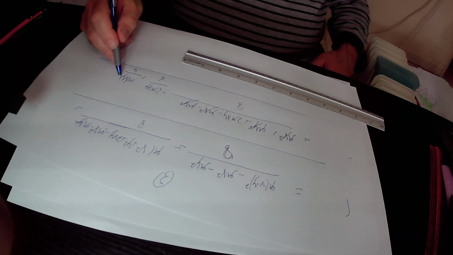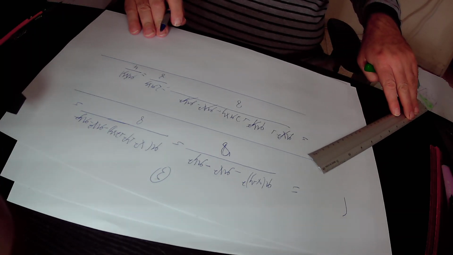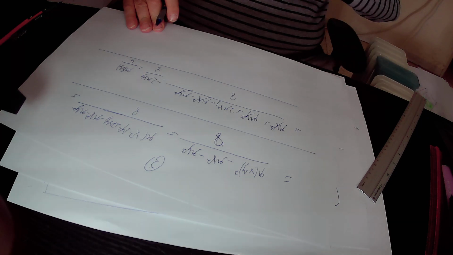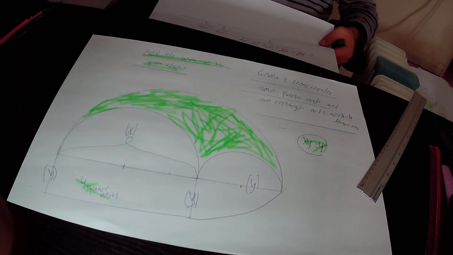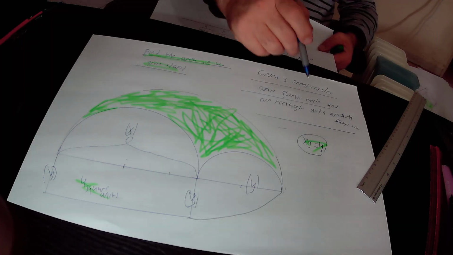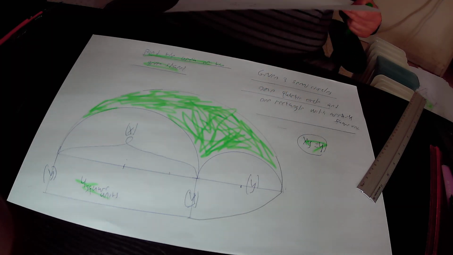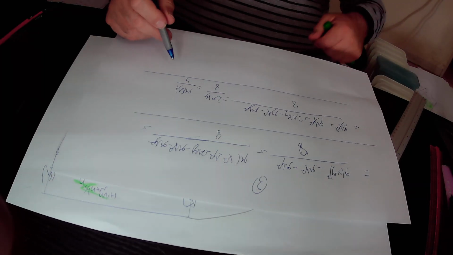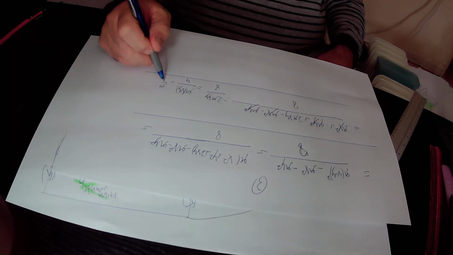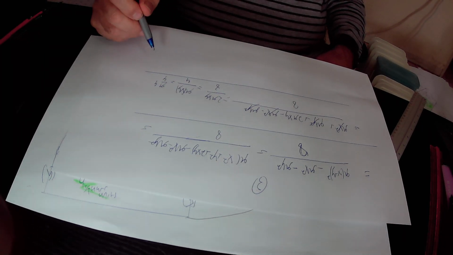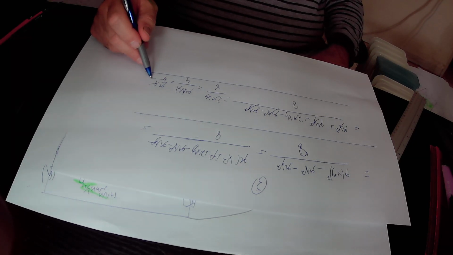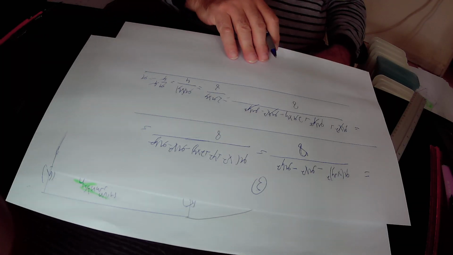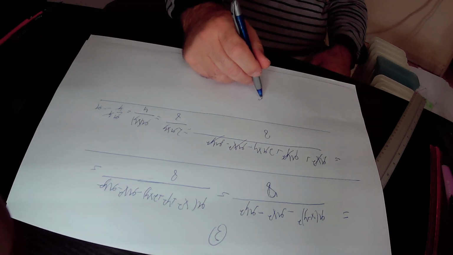So we found that the area of the green shape equals pi times xy over 4. We already found that xy equals 4, so we substitute xy here by 4. We get pi over 4 times 4. We have 4 in the denominator and 4 in the numerator, so the 4s get cancelled and we are left only with pi. So we found that the green shape, that is the area that we are looking for in this question,